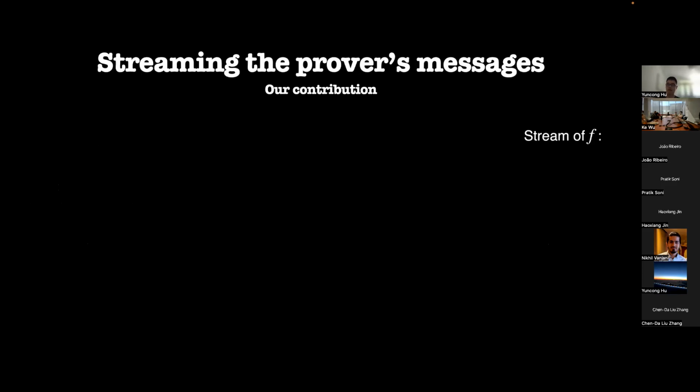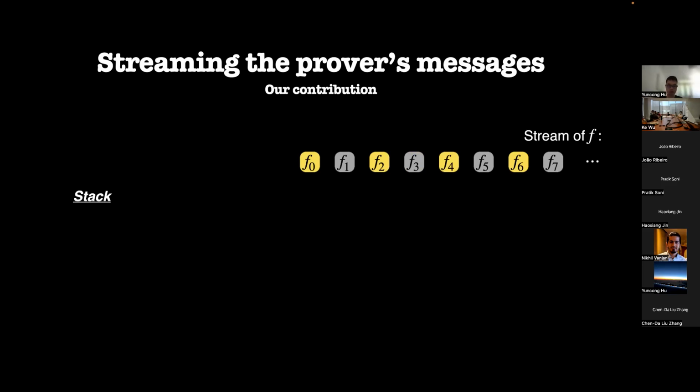Okay, so now I want to talk about how to stream the prover's message. It's about how to generate the prover's message in a streaming way. The thing is that we have streaming access to the vector f. Each time you can fetch one element, f0, f1, f2, f3, from this stream. We also have a stack, and the prover will maintain the stack, and each time it will fetch an element from the stream f. And whenever they